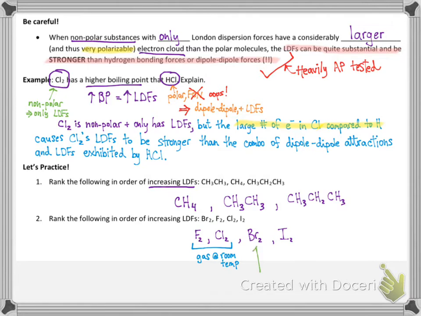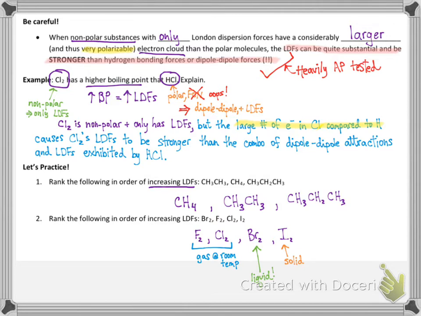But bromine is one of only two liquid elements on the entire periodic table, the other being mercury. So bromine is a liquid because it has a large enough electron cloud. It is thus polarizable enough that the IMFs will keep it in a liquid at room temperature. And iodine has such a large and polarizable electron cloud that it is solid at room temperature. So as you can tell, the difference in London dispersion forces based on how many electrons you have can be